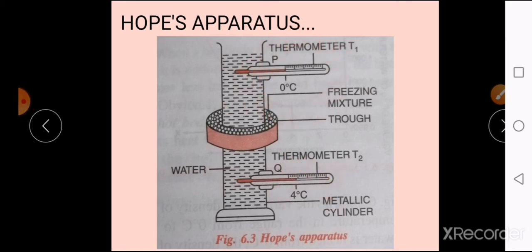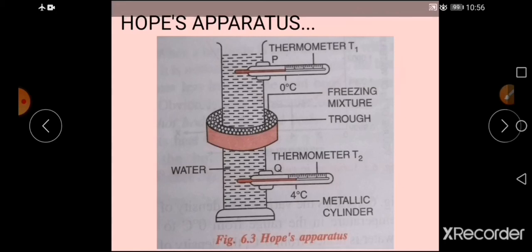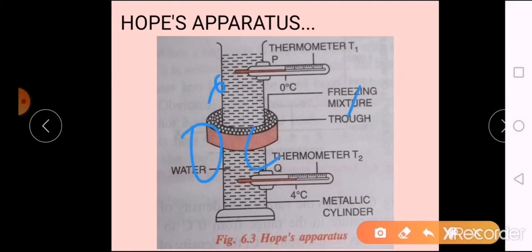Now at this 4 degrees Celsius, I told you in the bottom part, in the first half, the density will be increasing. So since the density is increasing till 4 degrees Celsius, and after that what happens? In the second half the density is going to decrease. So we can conclude that water has maximum density at 4 degrees centigrade. Now at this stage you have 4 degrees centigrade for your T2 and 0 degrees centigrade for your T1, which means that anomalous expansion occurs between 0 degrees centigrade and 4 degrees centigrade.